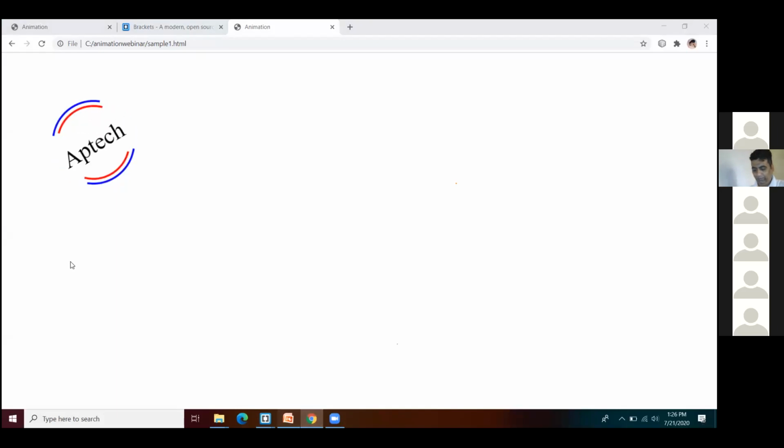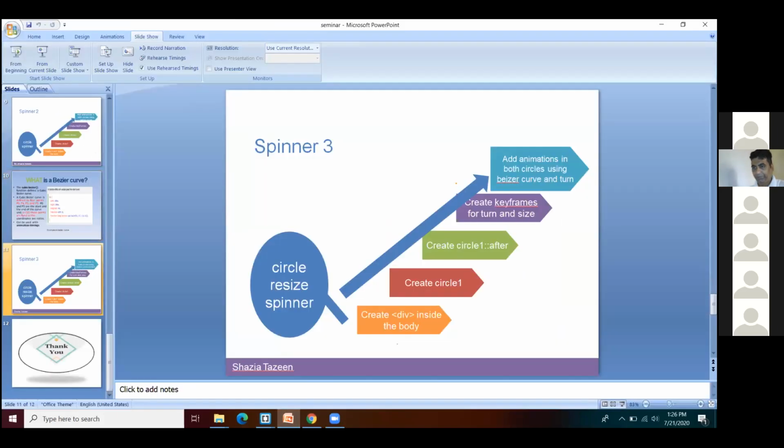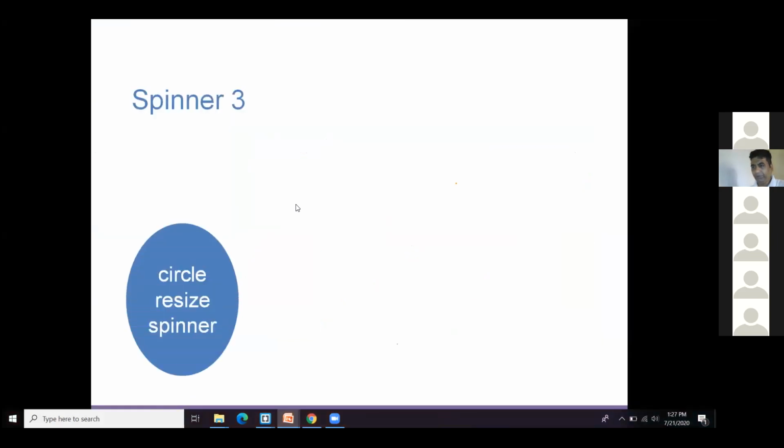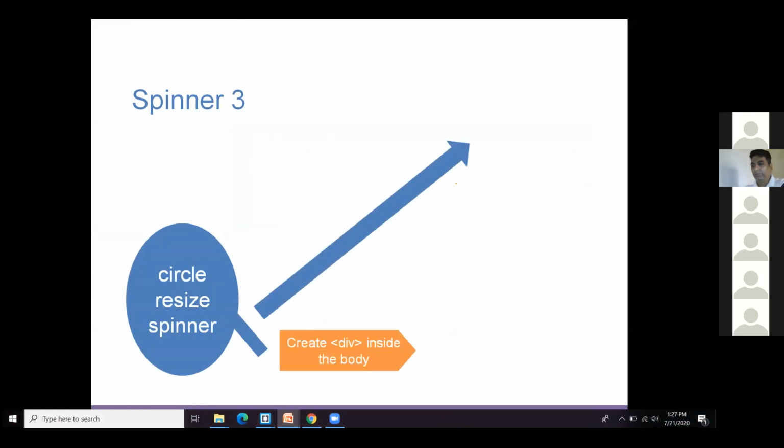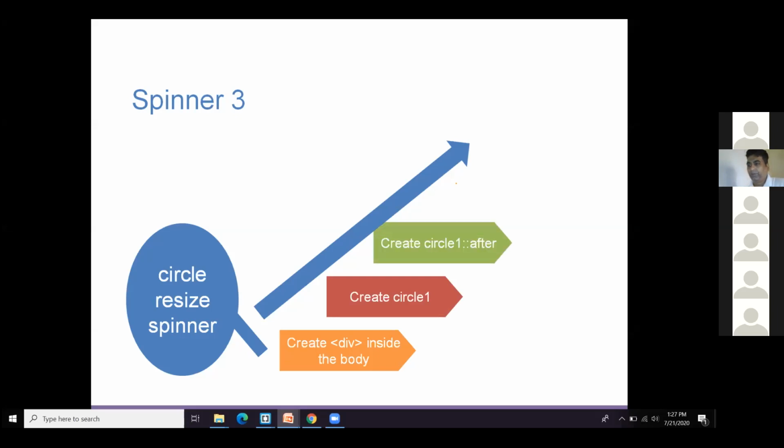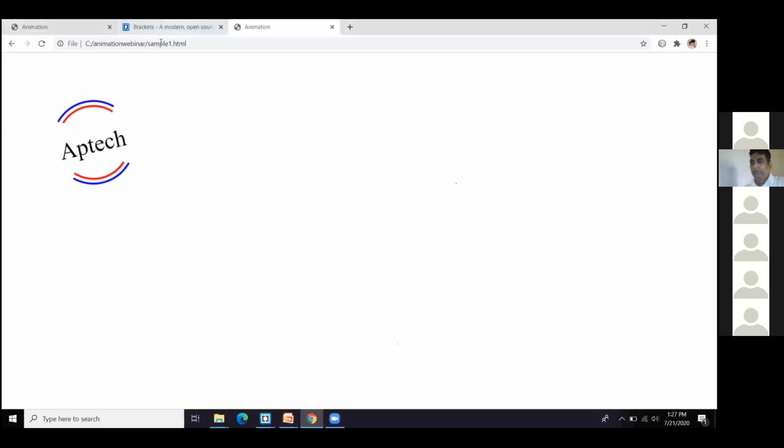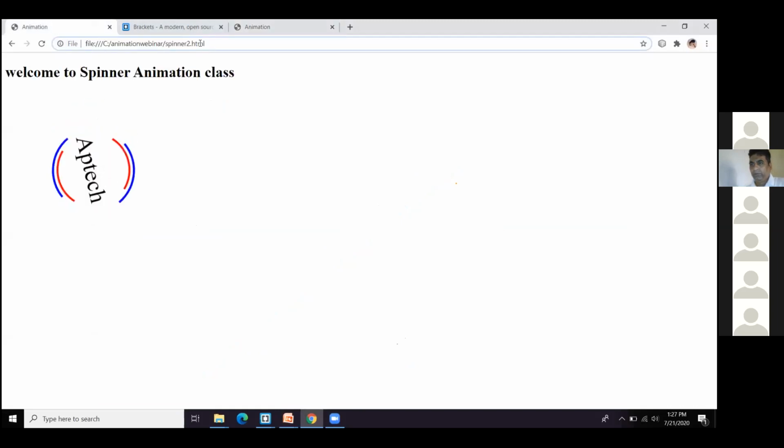Now, moving ahead with our last inner animation that we are going to have is spinner 3. This is recycling of your circle. Recycling, increasing the size and making it to normal. So first thing or the first step that you're going to do is create a div tag. Again, you have to make a division where you're going to place a circle. Second one, you have to create the first circle, only one circle we need it, and then you have to mention what you're going to do with the circle, how the size, how the transformations are going to take place.